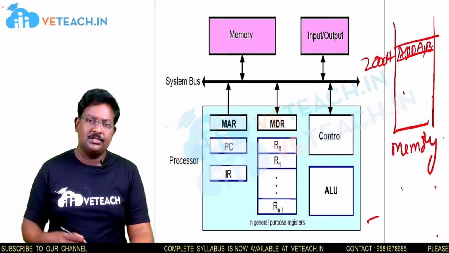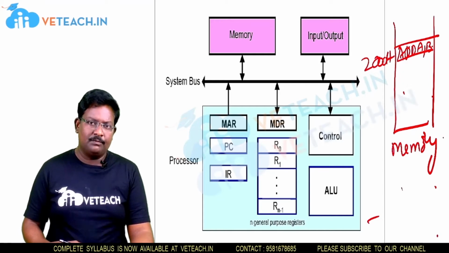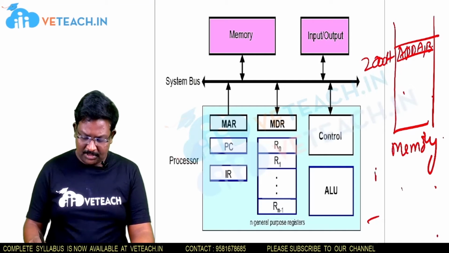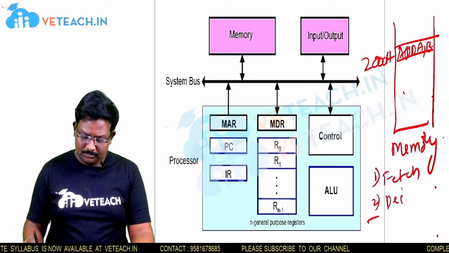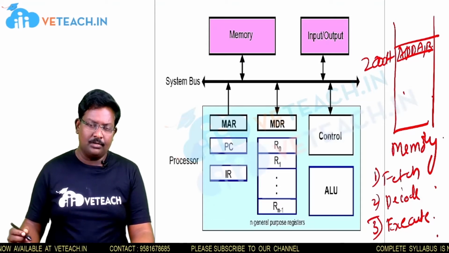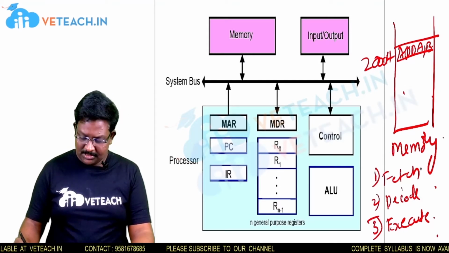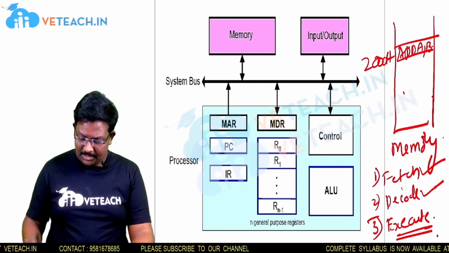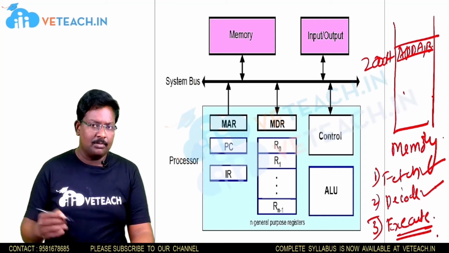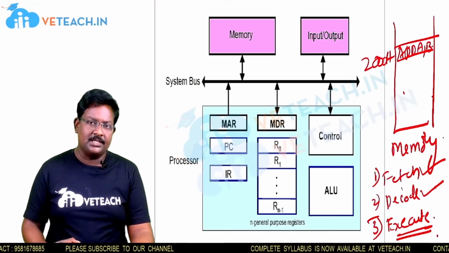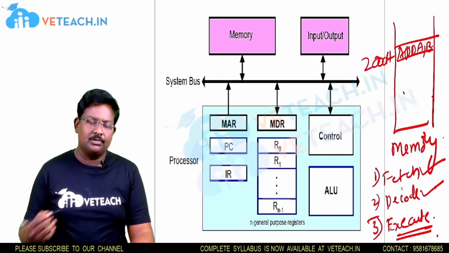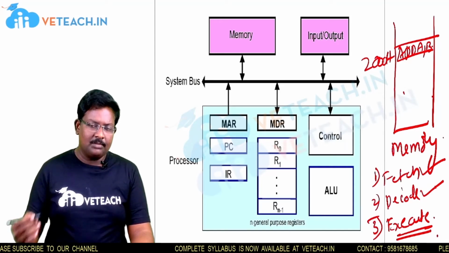To bring this instruction to the processor, we have to perform the fetch operation. For executing any instruction, we have three steps. The first one is fetch, the second is decode, the third is execute. So to execute a single instruction, we follow these three steps: fetch the instruction, decode the instruction and execute the instruction. I have to bring this instruction from memory to the processor, and this process is called fetching the instruction from memory. After fetching, I have to decode that instruction and then execute it.